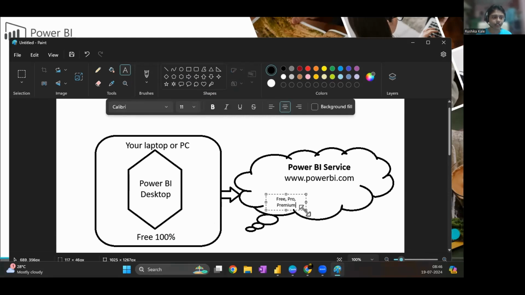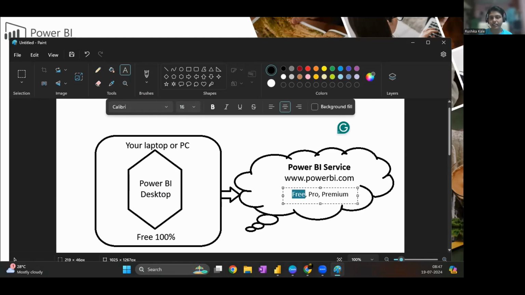Premium also has more types, but I'm just giving you the highlights because Power BI service is the latter part of the slides and the course, where we will discuss it in more detail. But just to give you an understanding of this whole process, I'm sharing this design at the moment. The purpose of Power BI service is to share and collaborate with others. What you are going to share is your reports, which you have built in Power BI desktop. So Power BI service has 3 different versions.